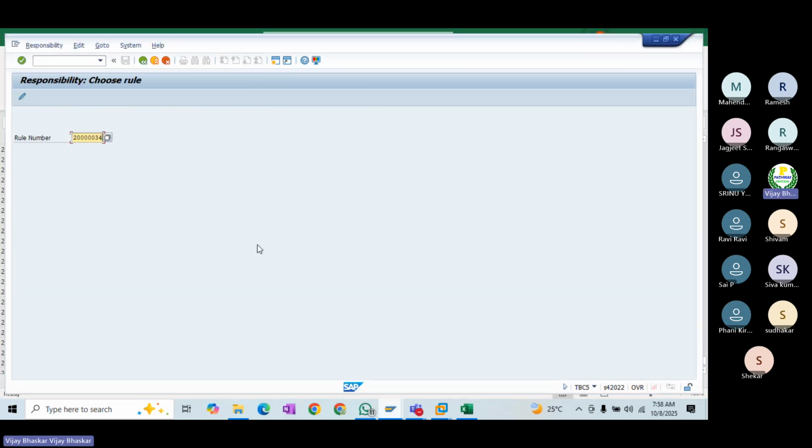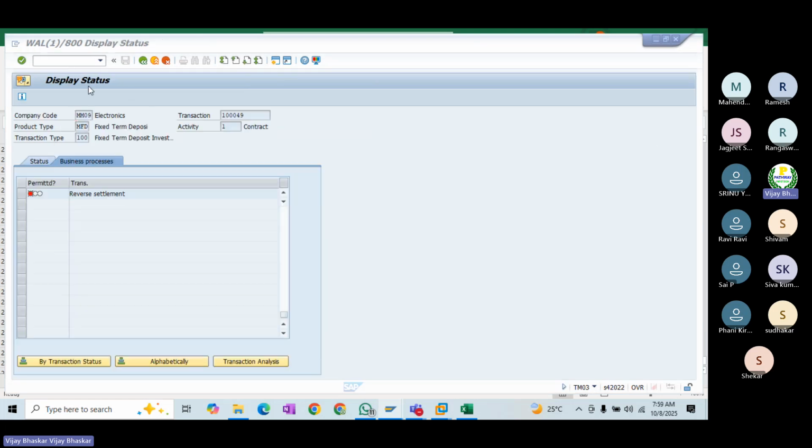As of now, in the previous deal, when we created a deal, what we have seen is that we created the deal, did the settlement, and then posted the flows. But now, based on our configuration, the behavior has changed. Now it should trigger the workflow, because an additional release is required. Until it is released, the system will not allow users to proceed further. First, let me create the deal here.